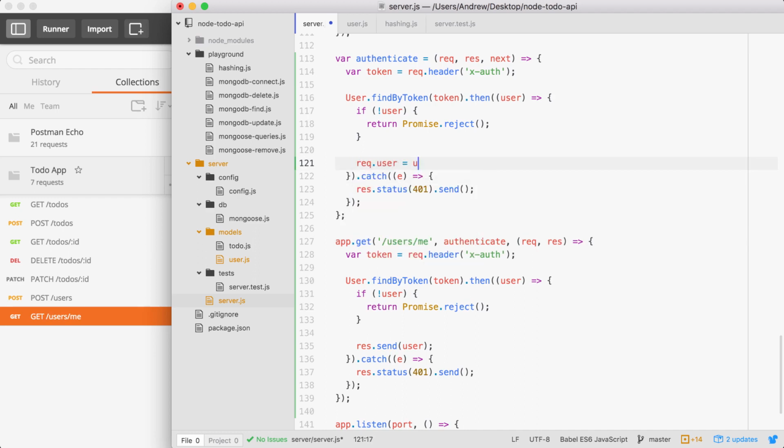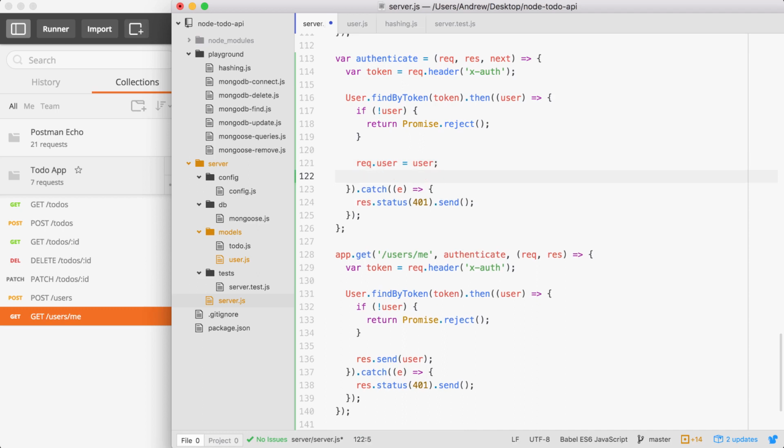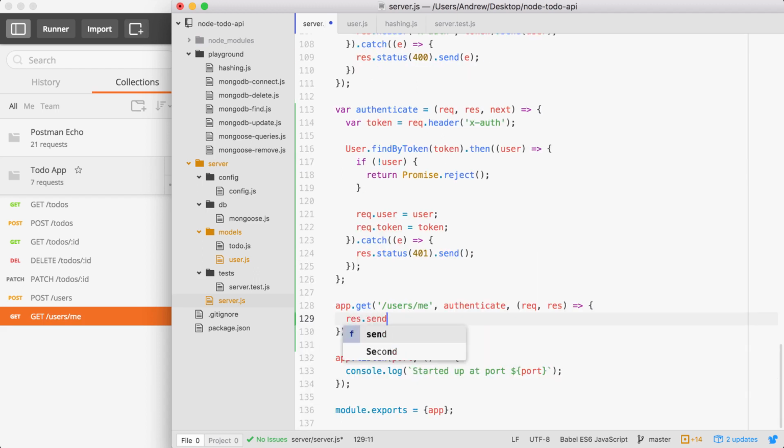Instead of sending back a response, we're going to set request.user equal to the user we just found. And we're also going to set request.token equal to the token up above. Now that we have request modified, we're going to be able to use that data by accessing it right here. This means that what we can do down below is remove all of this code and simply call response.send, sending back the user, which is available on